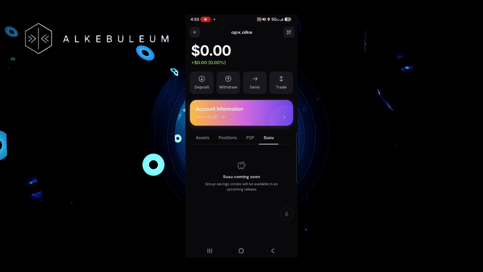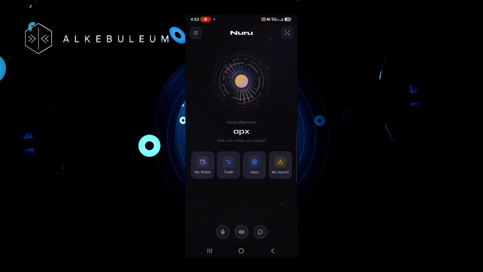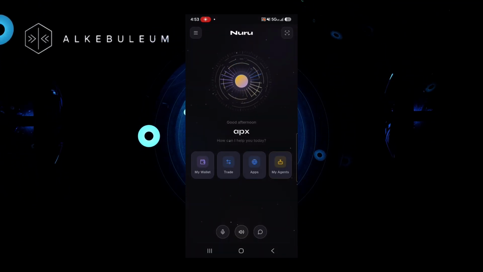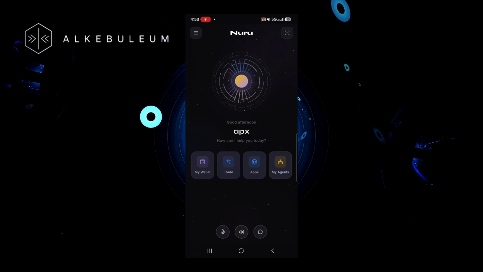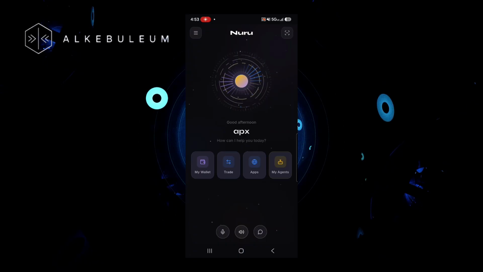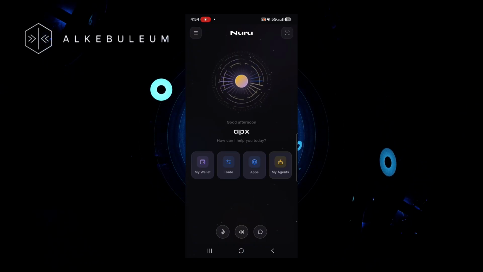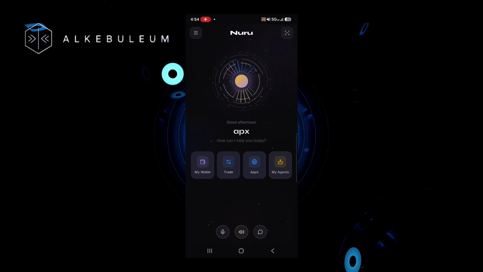All right, so let's get out of wallet. This is pretty much all for wallet. Let's go to trading. Trading is more like if you want to buy a digital asset, or if you want to sell your digital asset for another digital asset, you go to trading. I'm going to go to apps, which is very interesting, because apps is more like a portal that Nuru